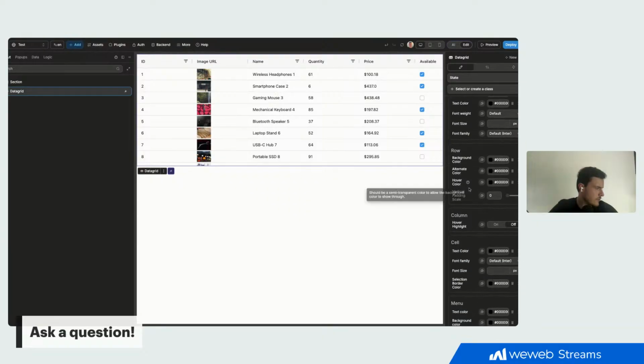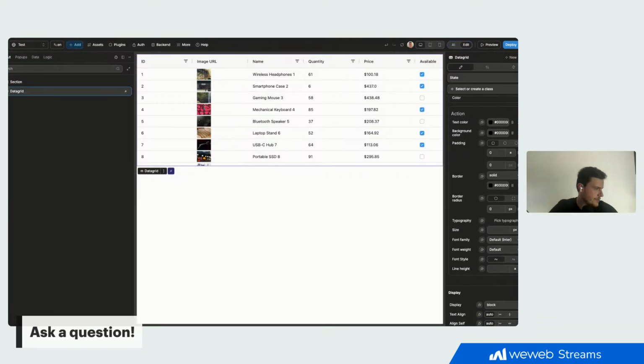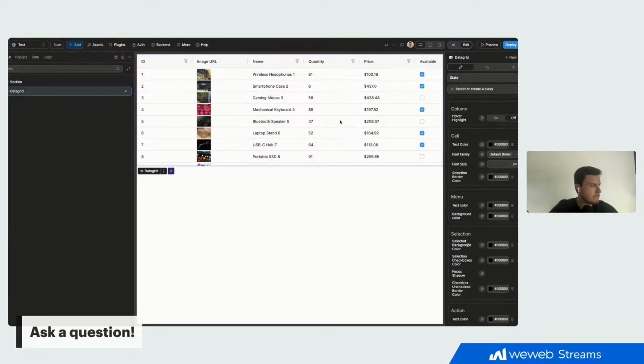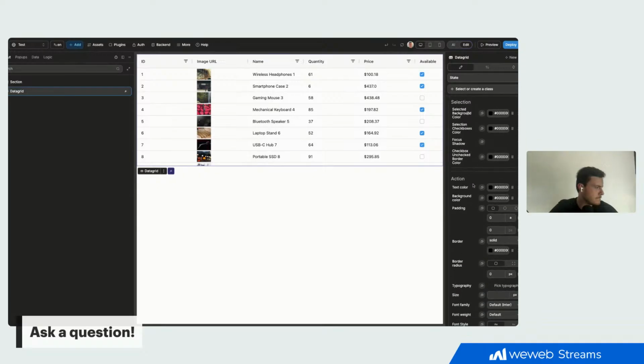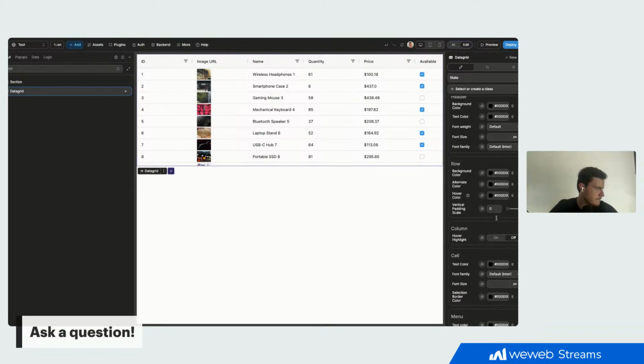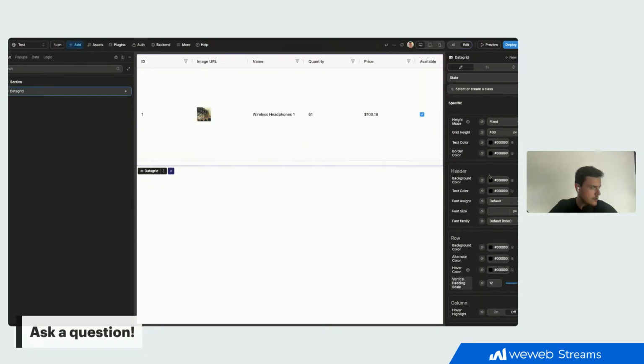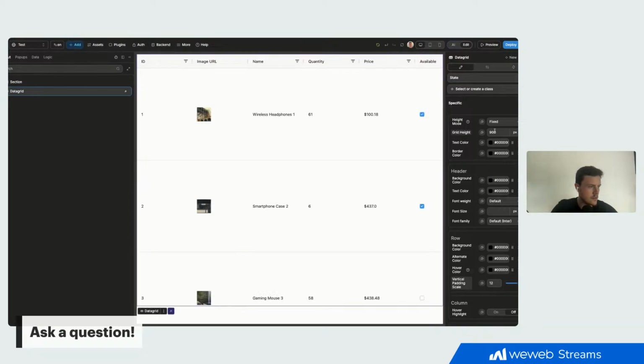So we have the grid height, we have the row height. So I guess you want to change the row height. Yes, I think this is the one you'll want, Elena. This looks a bit wonky when it's not adapting because the grid height is fixed. But I guess if I put this to auto, or I give this a different one, so let's say I give it 800. Yeah, so